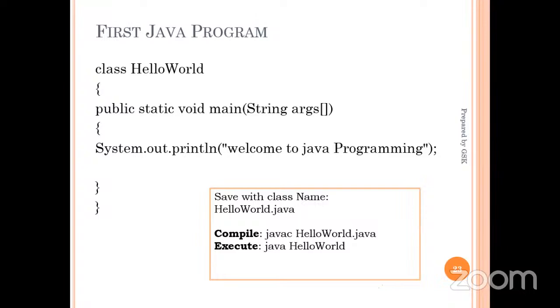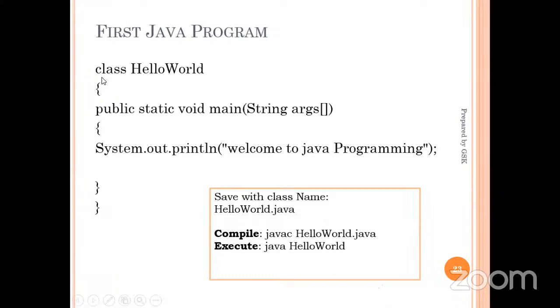In CPP, we have the classes concept, but we can write the program with classes and without classes also. But in Java, without the classes concept, you cannot write any single program. What is a class and what is an object, we will come to that topic later on, but just try to understand this